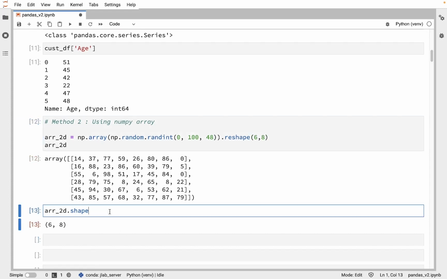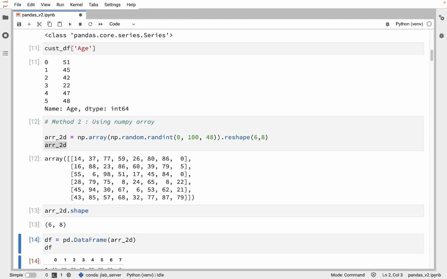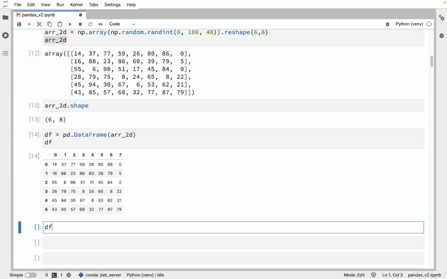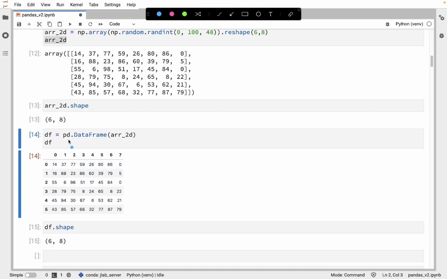Okay. Now we can make use of this in order to create a data frame out of it. So please provide this arr underscore 2d within the parentheses so as to create this new data frame called df. And we can also very well check the shape of this newly created data frame, which matches with what the array 2d shape is. However, we have not explicitly provided the column names as such, and hence implicit indexing is considered. So if we have not provided any columns explicitly, then obviously it's going to consider the index values for